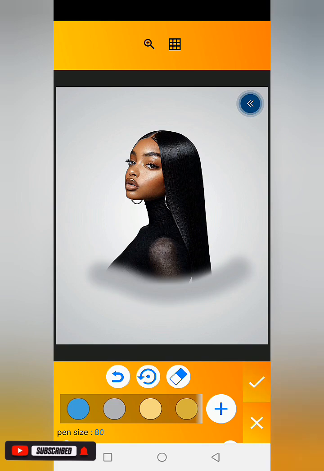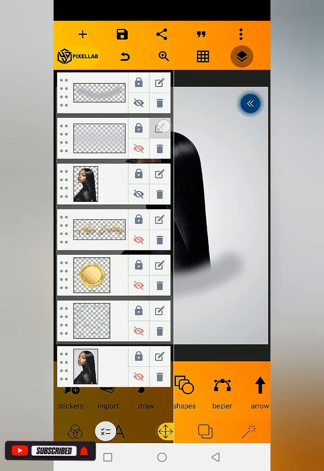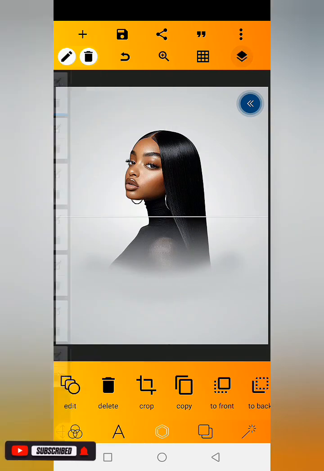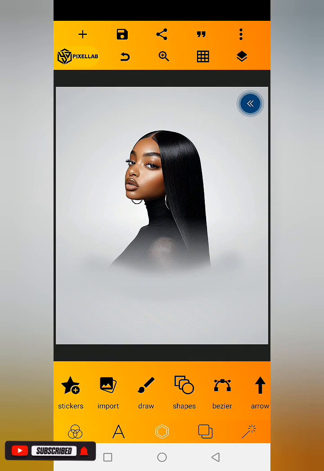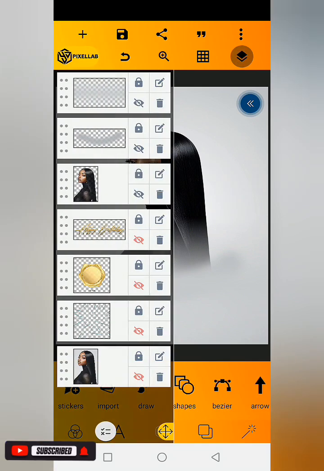Then let me turn it. Can you see that? You can choose to leave it like this. You can choose to use this one. Or we can even use both. Can you see it? When we use both, we've been able to blend it well. Can you see the amazing result? This is actually amazing. Alright, so the next thing which I'm going to be doing is to come up with